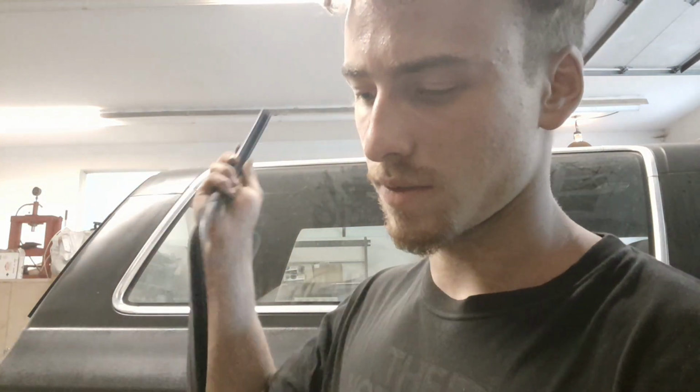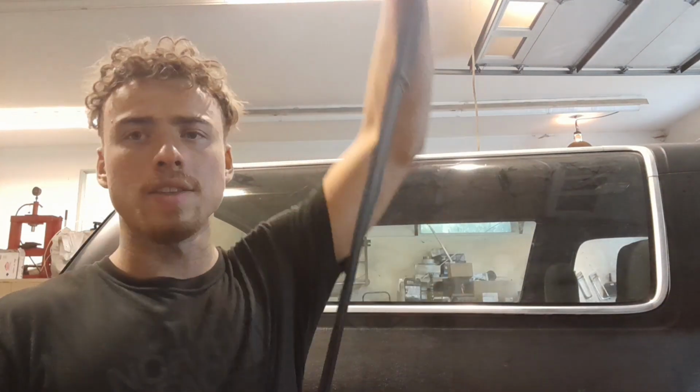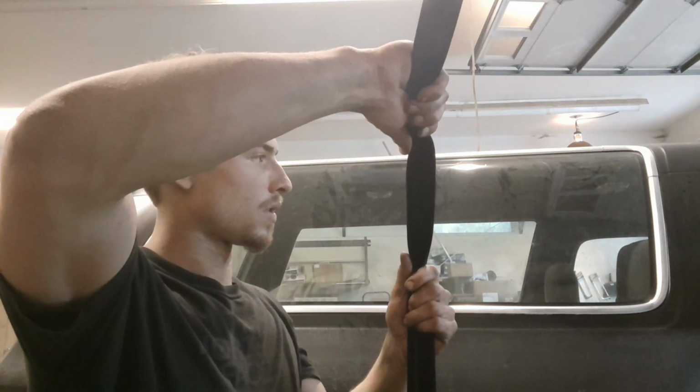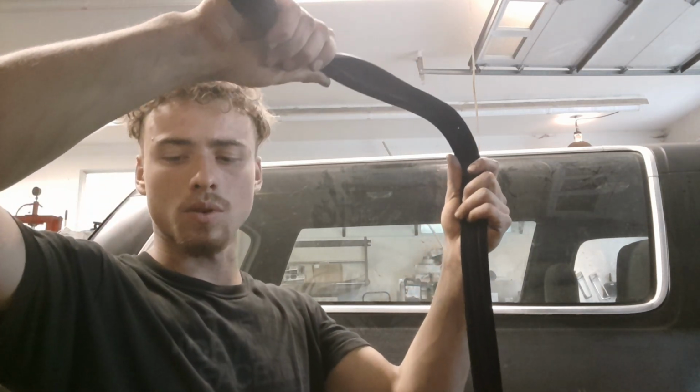Now onto the channels. There are two sections that you're going to get if you got the full kit. One of them will be lying flat when you get it. It'll have two tabs on the back. This is for the section of channel that rides from the bottom of the door all the way up and around the top section of the door. It goes all the way down